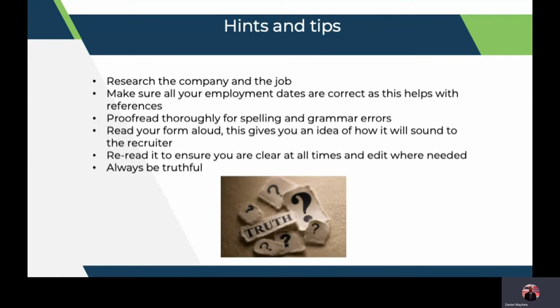So some good hints and tips here. Before you are completing your application form, make sure you research the company and job. It is really important to conduct this step. First off, it makes you clear as to whether or not this is the sort of role, organisation or scheme that is right for you. And second of all, it is good to demonstrate your knowledge of the company or organisation when you're making your